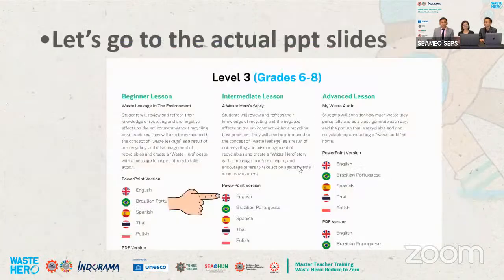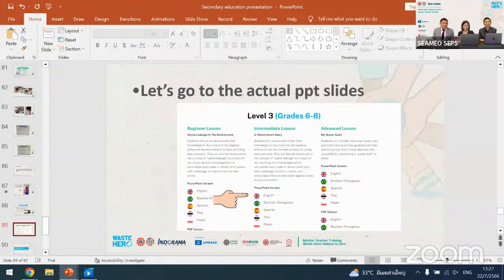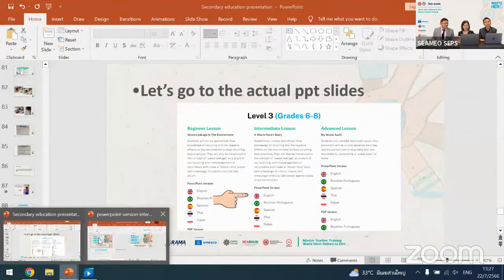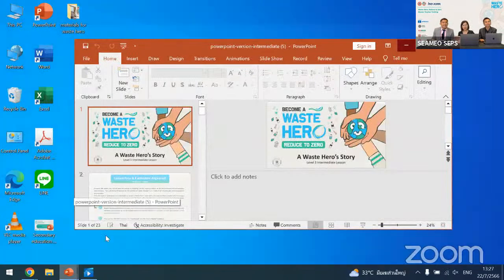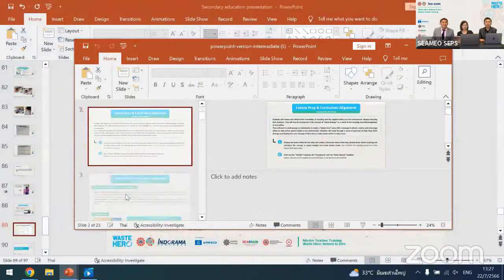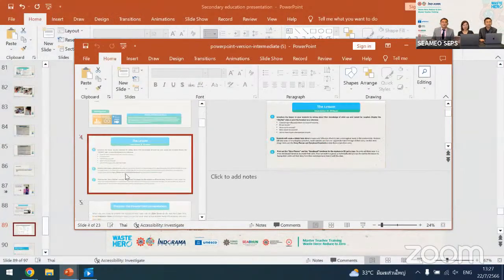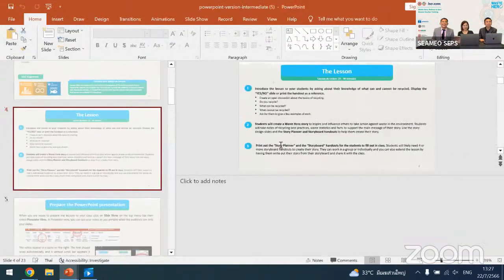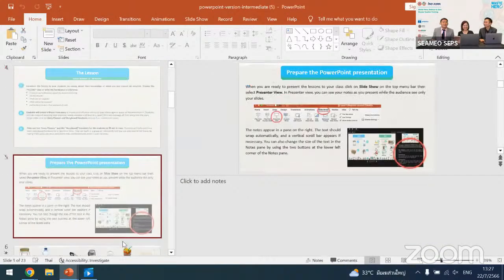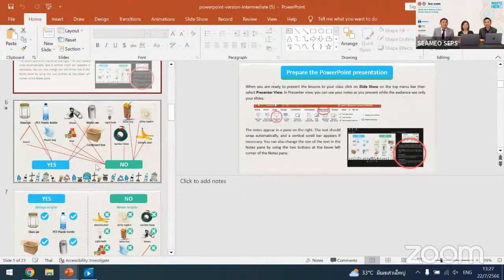So let's go to the actual PPT slides from the level 3 intermediate lesson. A best hero story. You can try it in your class. Mr. Kittipon, would you like to try this in your class? Okay, it's very easy and fun, and students have really enjoyed the lesson.